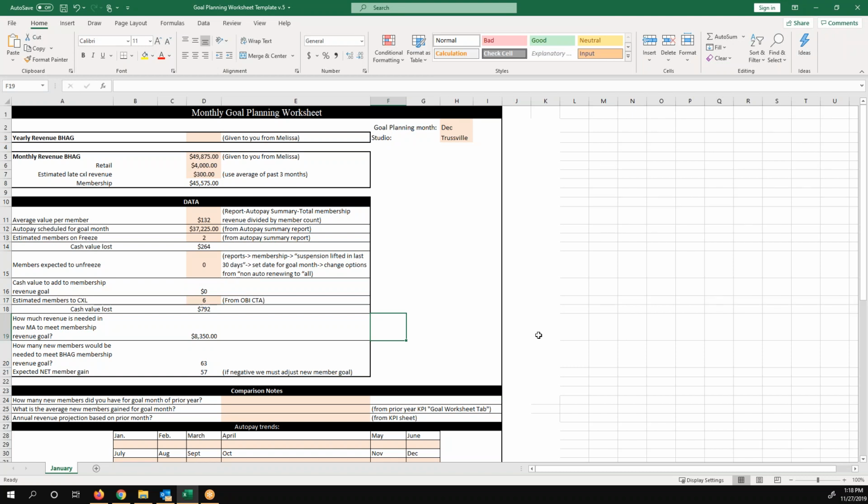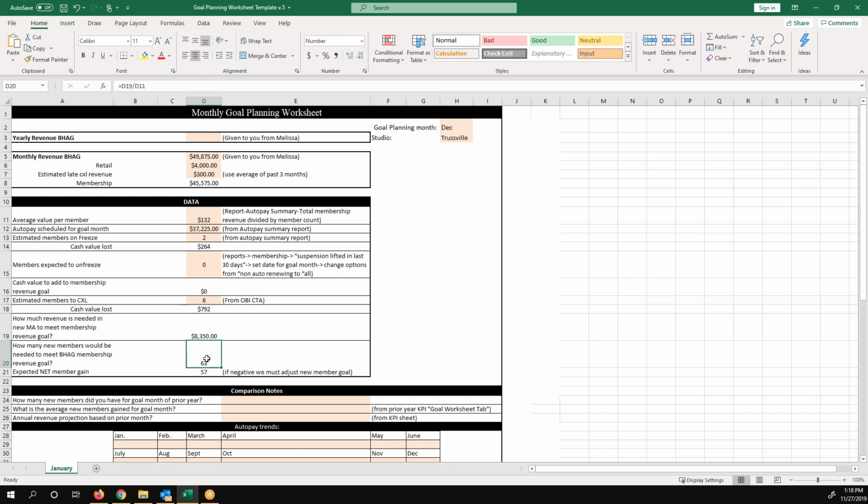Okay? Does it tell you which members? I could, if I dig a little deeper, I can, yes. So now going down, I've got some data. So based on this, okay, I need to bring in 45,000 in membership sales. Of that 45,000, 37 is already expected to come in the form of auto pay. Based on everything else, that now tells me that I need to make up the difference of $8,350 or 63